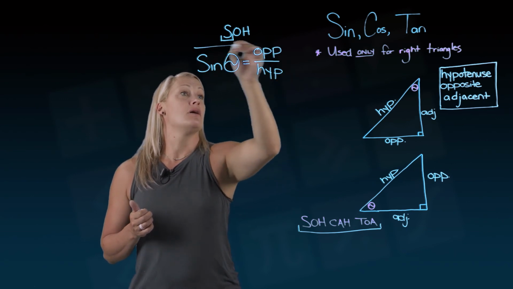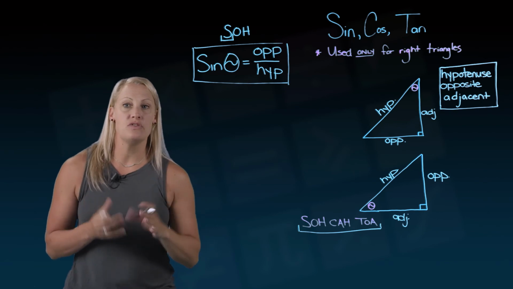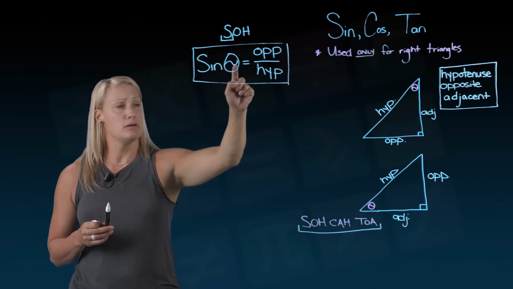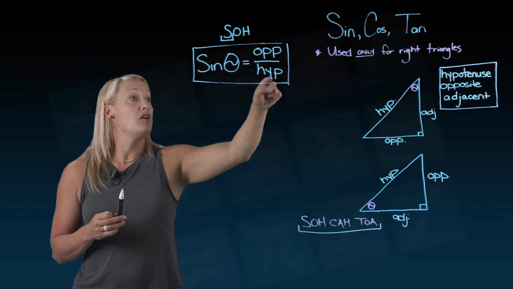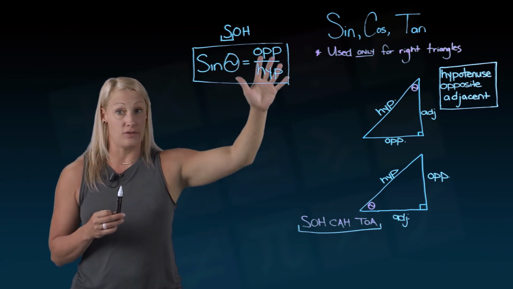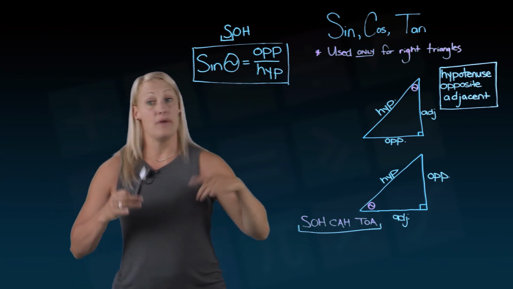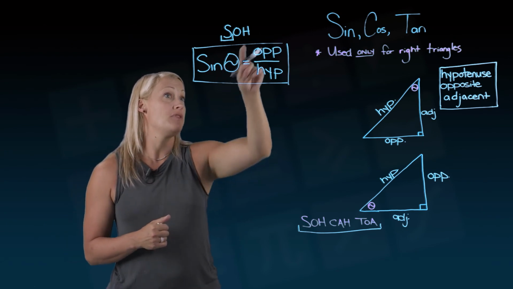So now we have an equation that we can use to find either an unknown side or an unknown angle. There's three pieces of information here. There's an angle, and there's a side and a side. So two sides and an angle. As long as we have two of those, we can find a third one. So today we're going to focus on finding the angle. In our other video, though, you could look at focusing on finding a side. Let's talk about the other two.